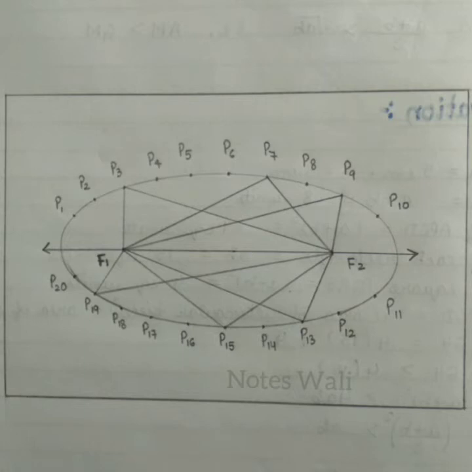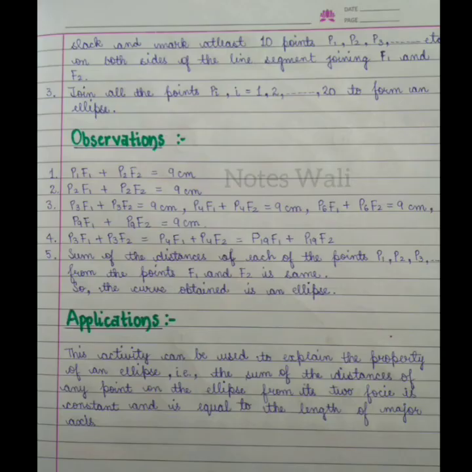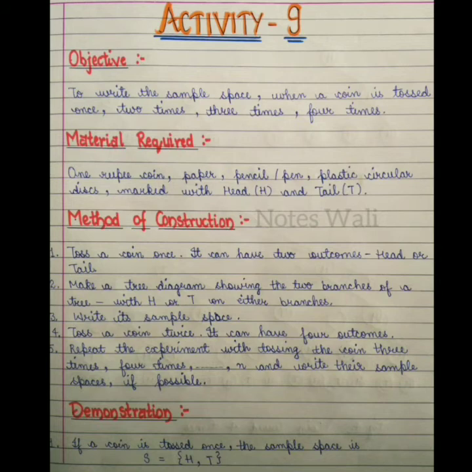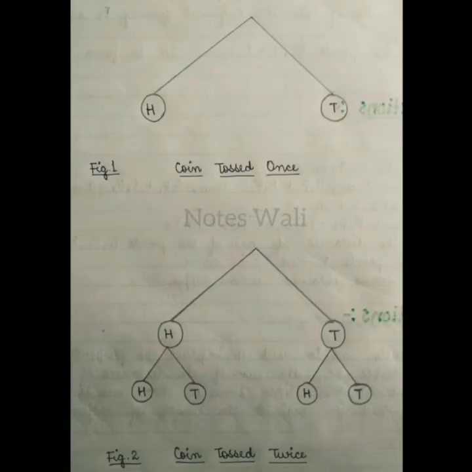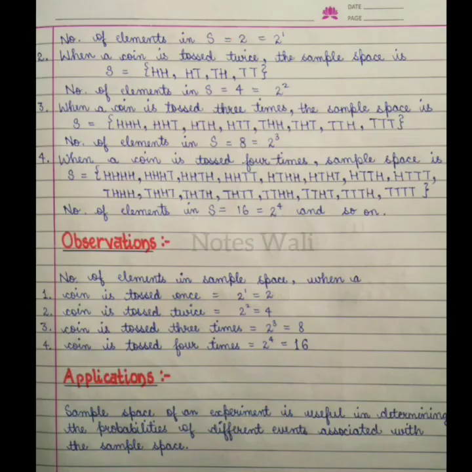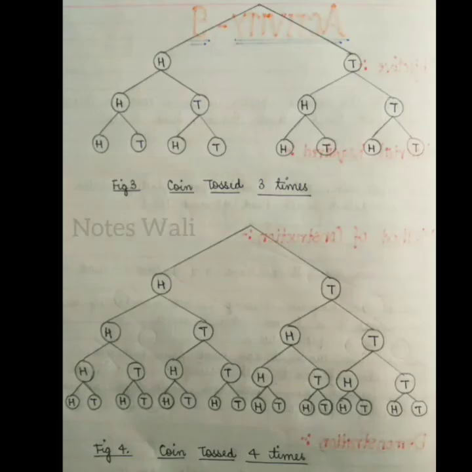The construction of the ellipse is to be done through the two given fixed points, which are nothing but its foci. We all know that probability deals with the possible outcomes and the total number of outcomes, and we also know that a coin always shows two outputs, that is, a head or a tail. So we are going to see how a single coin gives different outcomes when it is tossed multiple times